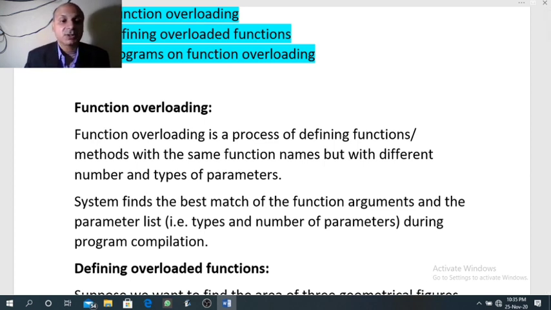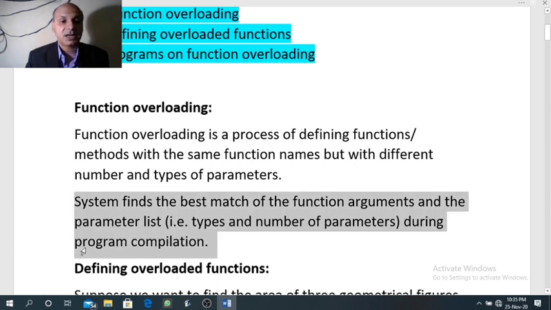Only then it is possible. System finds the best match of the function arguments and the parameter list, that is data types and number of arguments, during the program compilation.